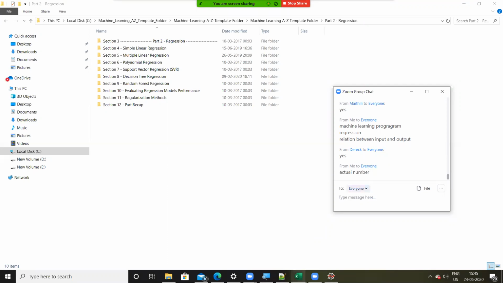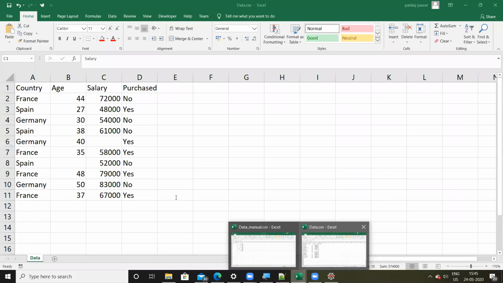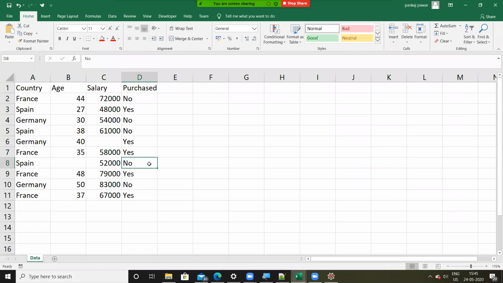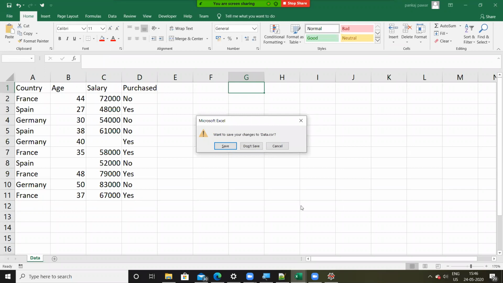Unlike in our data pre-processing example, where we were predicting the type, whether he's going to buy or not. Here we are not predicting a number, we were predicting a type, a class. So to solve that particular problem, we cannot use regression. Regression is used to predict numbers and not the types. Is that clear, everyone?